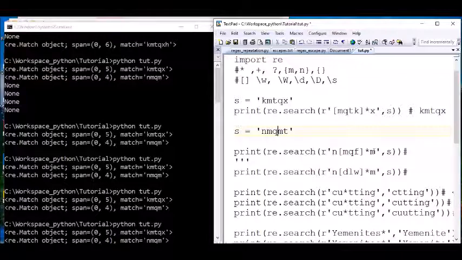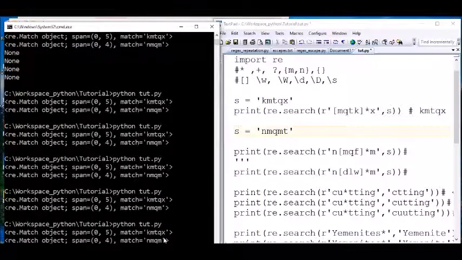It goes back to M, and the M matches with the M. So then you have this. The outcome will be M N M Q M N M Q M N M Q M. It's good.